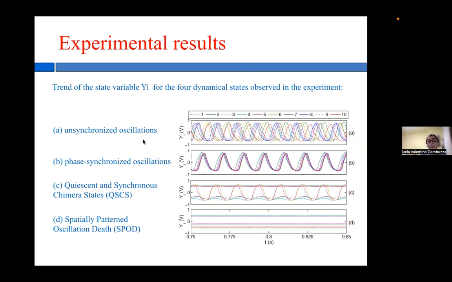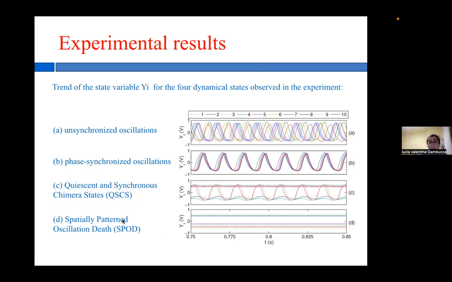the units, we obtain unsynchronized oscillation, so each unit has its own behavior. A phase synchronized oscillation, so we have that all the units follow a common behavior. Another state which we have called quiescence and synchronous chimera state, because we have some units, for example, in the top of the panel C, which are synchronized at this value, and the others which are oscillating at a different